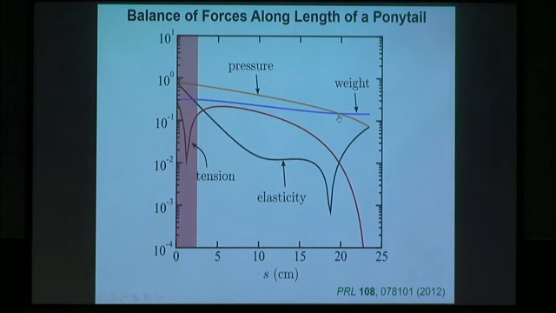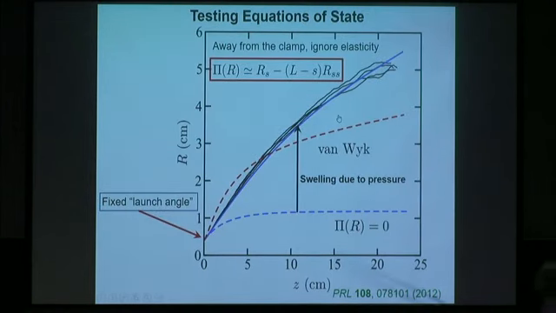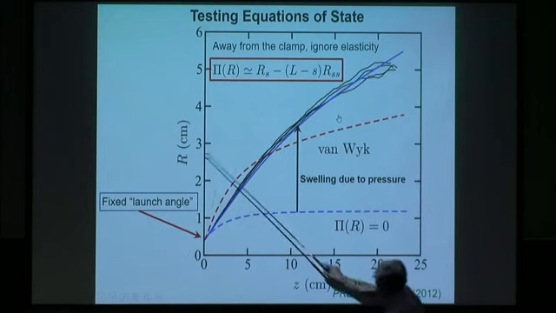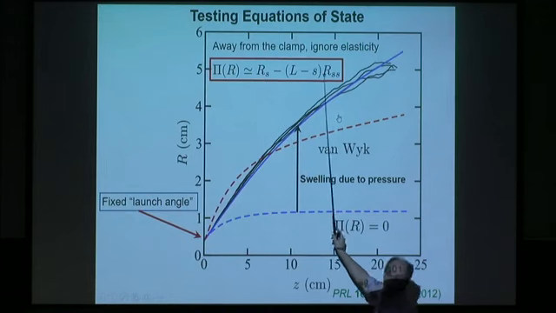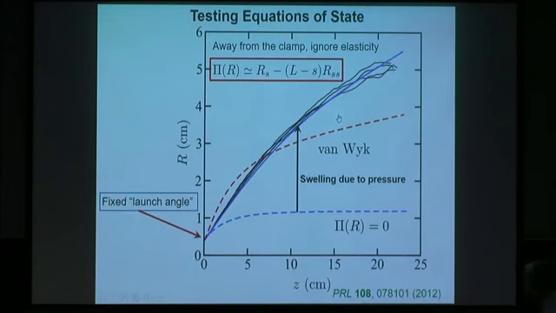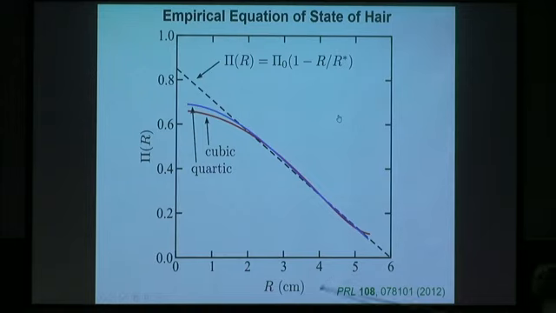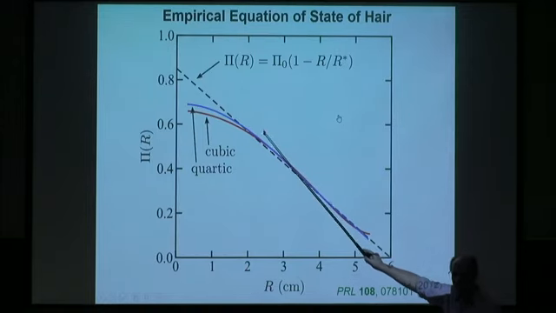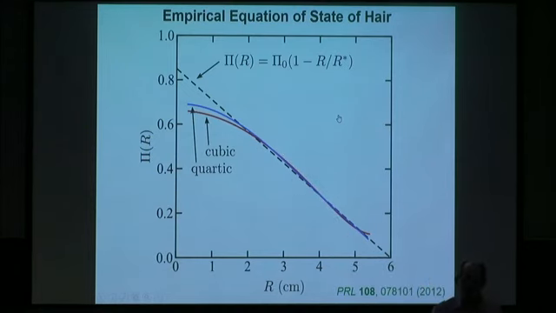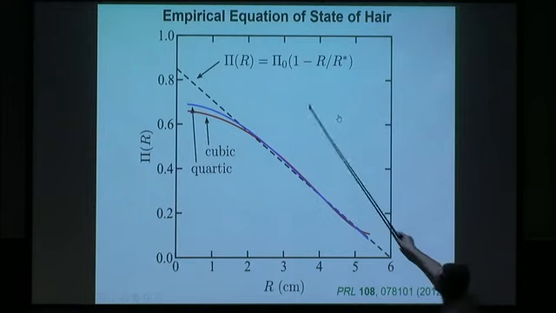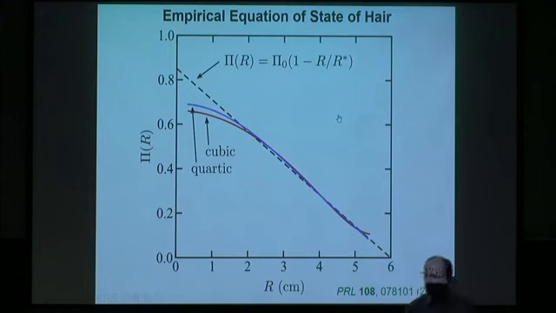So if I just skip this one, you can actually measure the shape just by taking images of ponytails, and here you have R of Z, and deduce the pressure by just extracting these quantities from the shape. And what you discover is that the pressure, as a function of radius, is a straight line. And that's called Hooke's law. So all this effort, we rediscovered the spring. But that's good, because we can interpret the prefactor in front of this, pi 0, in terms of the stiffness of the filaments and the spectrum of curvatures that they have.